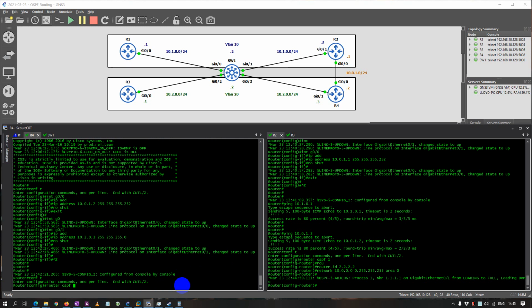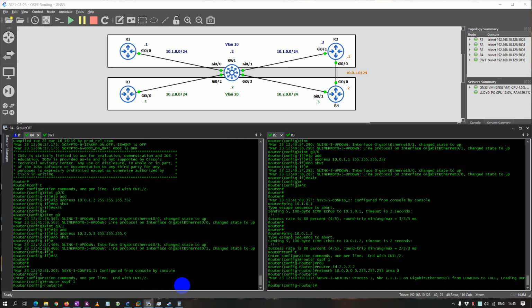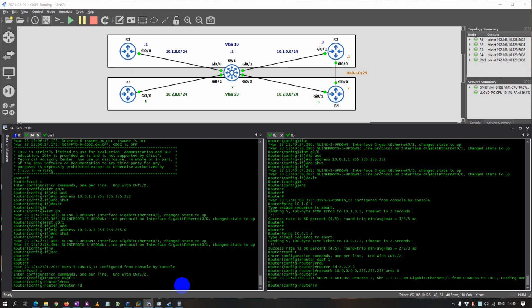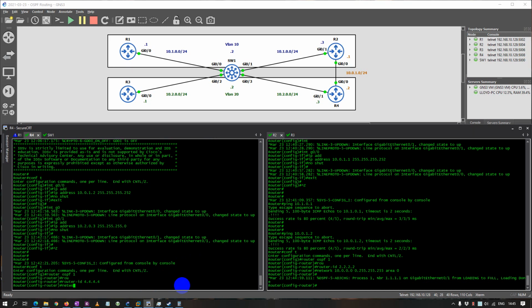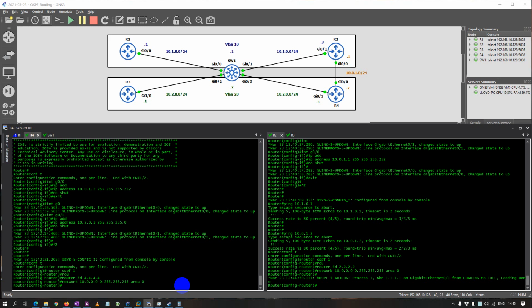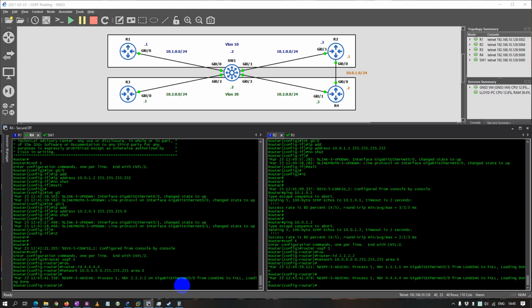router OSPF 1, router ID, and this is 4, network, specifying the entire range of this network, 10.0.0.0 0.255.255.255, area 0. Okay, so there should be adjacency. Yeah, it came up. Okay, then for router 3,